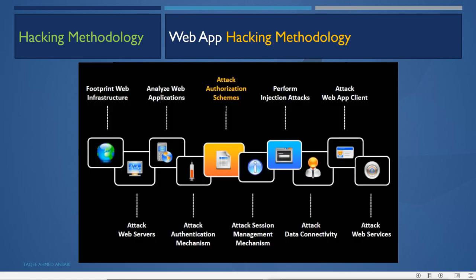Now, in the web application hacking methodology, the next step is to attack the authorization scheme.